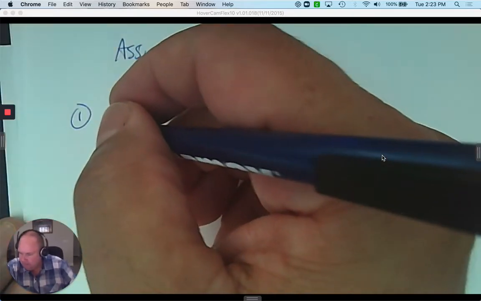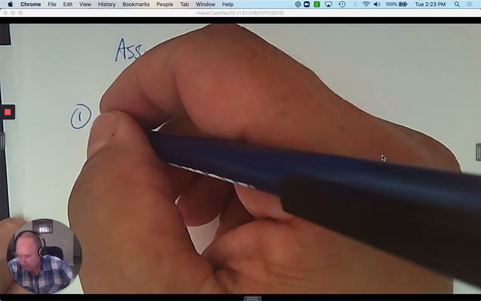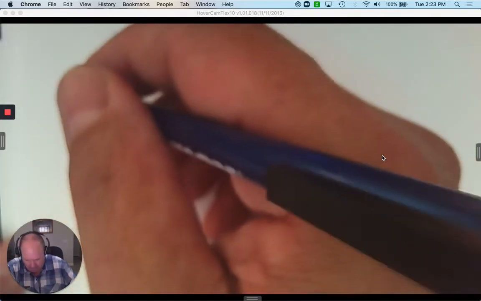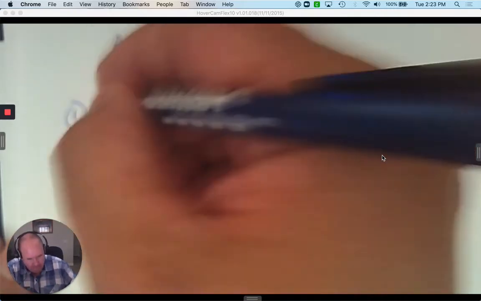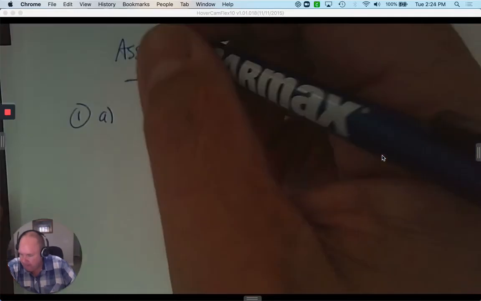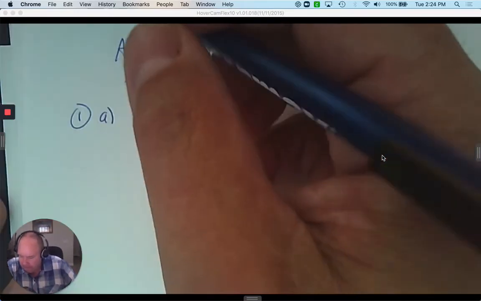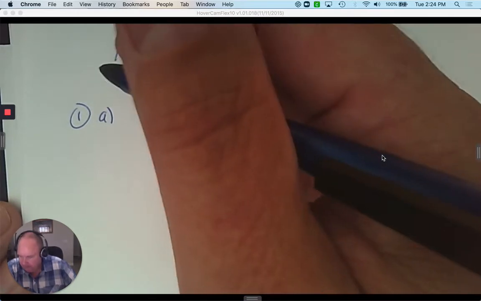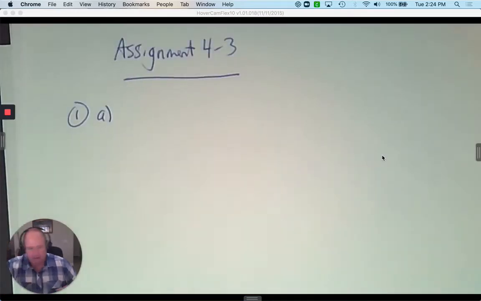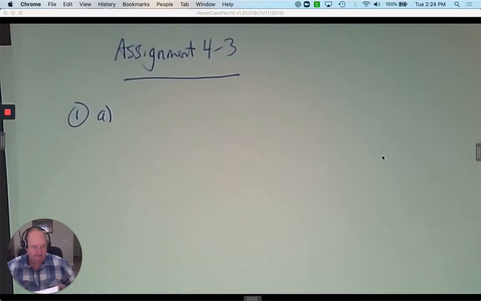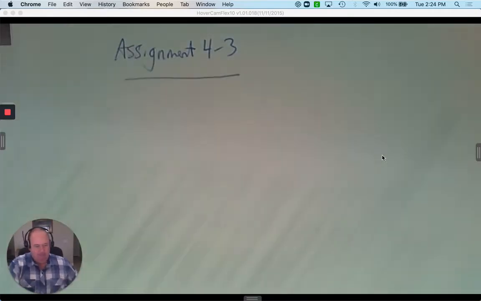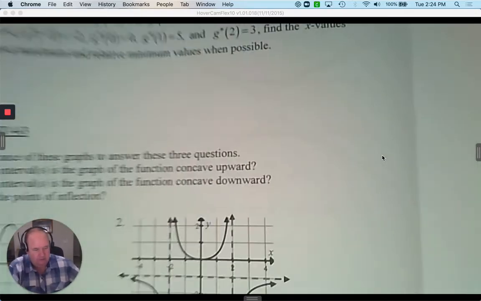Number 1 says, use the appearance of these graphs to answer these questions. So I'm going to show you the graphs I have. In part A, interval in which the graph is concave up, interval where it's concave down, and what are the points of inflection. So let's look at that. So if I bring this over